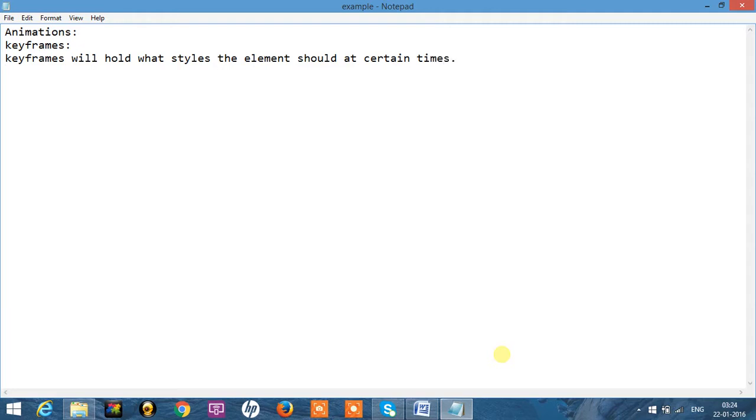Now we'll discuss an example so that we can understand CSS3 animations easily. Consider an example. Open your notepad, open the HTML tag, open the head part.